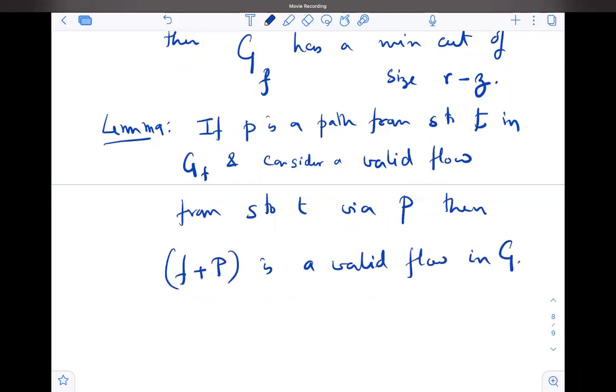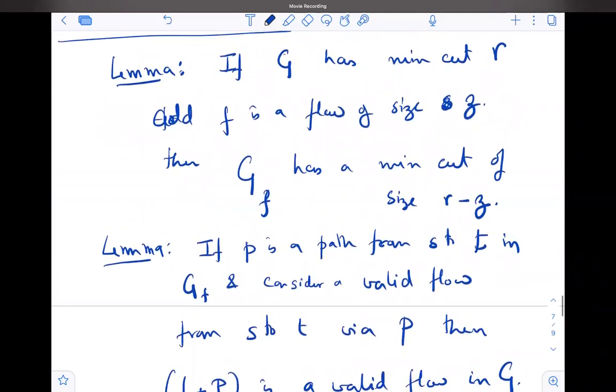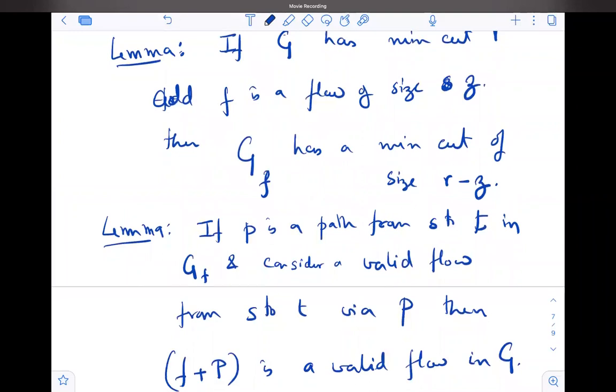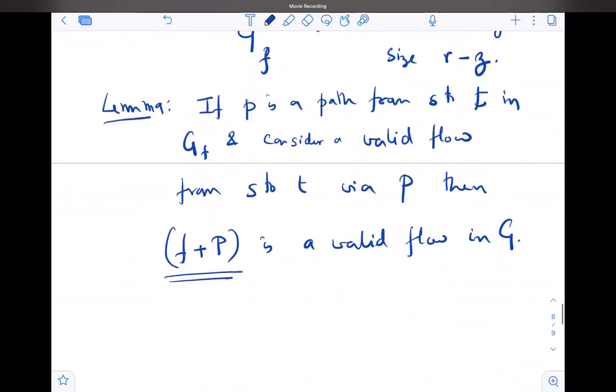So if I have a flow, I look at the residue graph. In the residue graph, I still find a path, then I can push that much amount of mass or flow from S to T, and the resulting flow will be the combination of these two, and that will also be a valid flow in this G. Now, both of them are very obvious statements if you just think of it a little bit. And since you have done flow already, I'm not going to do it in full detail here. But basically,